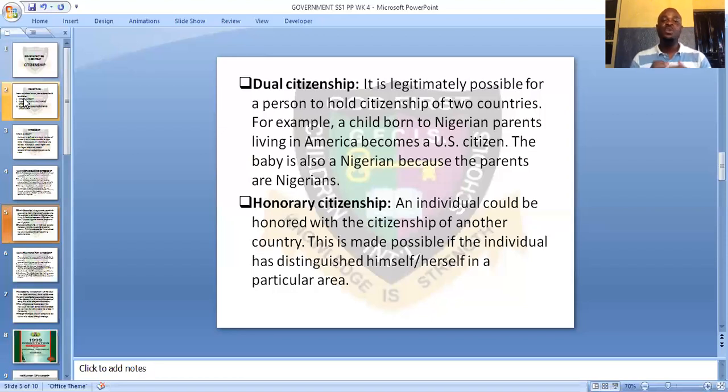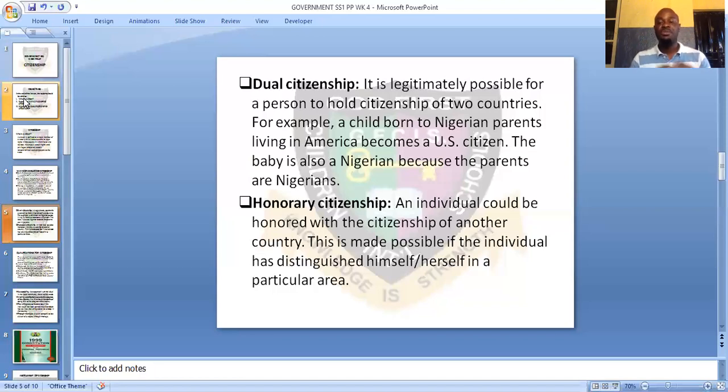Then the last one there is honorary citizenship. This is given to an individual who is from another country, and it is made possible if the individual has distinguished himself or herself in a particular area. That is, that person is a special person who contributed a lot to the community's development, maybe establishing businesses or grooming some set of people. That person must have contributed to the wealth or the growth of such a country before such an honor can be given